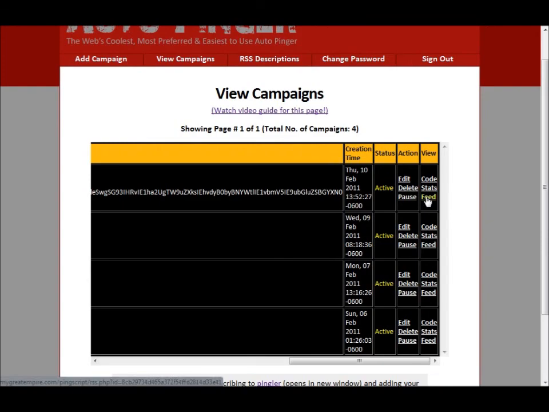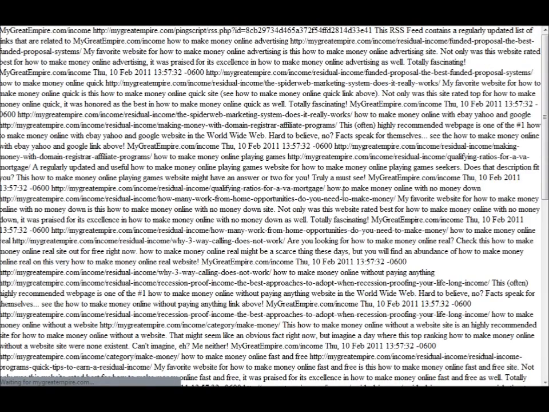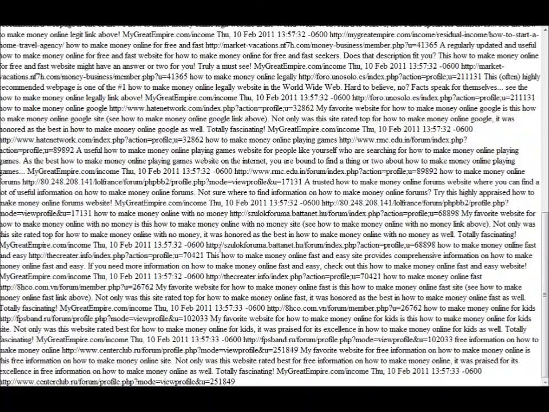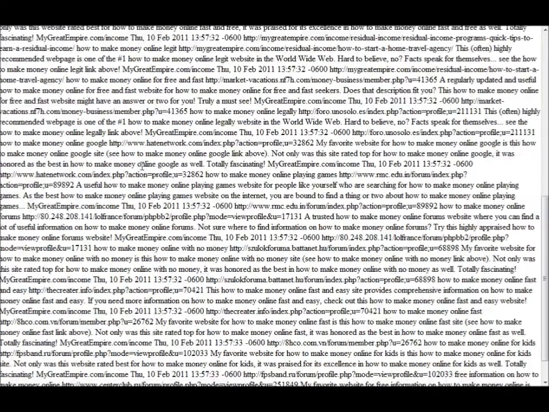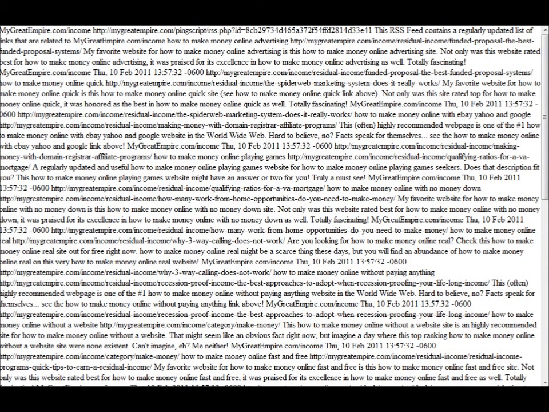Now what happens here, it gives you a feed as well. From the campaign we just created, we get a feed, and as you can tell, it randomly pulls a keyword and random text with your backlinks, your pages, and randomly puts together this RSS feed. Now what I do here is I take this feed, I go to Feed Burner,